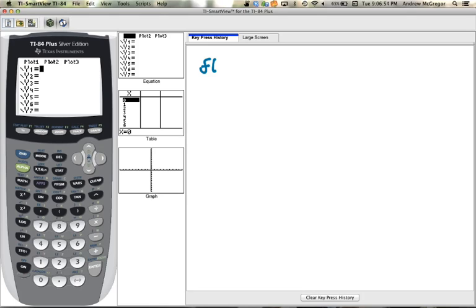Let's say it's f of x equals 2 times the absolute value of x minus 3. And you want to do this on the domain, say -4 to +4. So the question becomes, how do you type this in your calculator? Well, in order to type it in, you will begin by